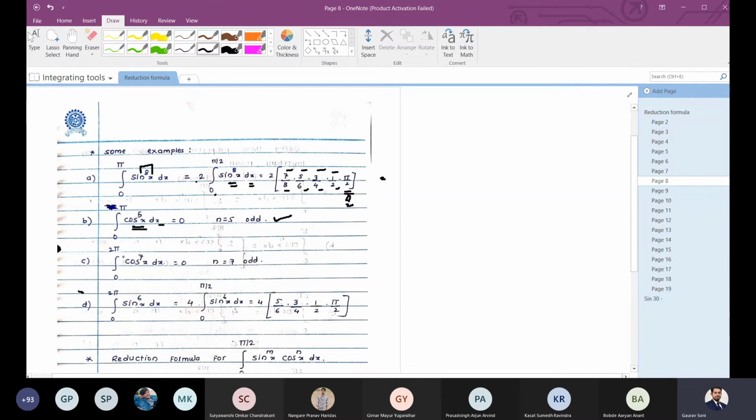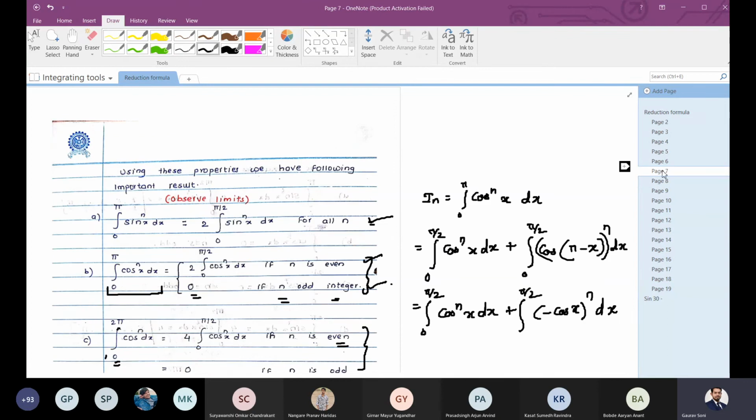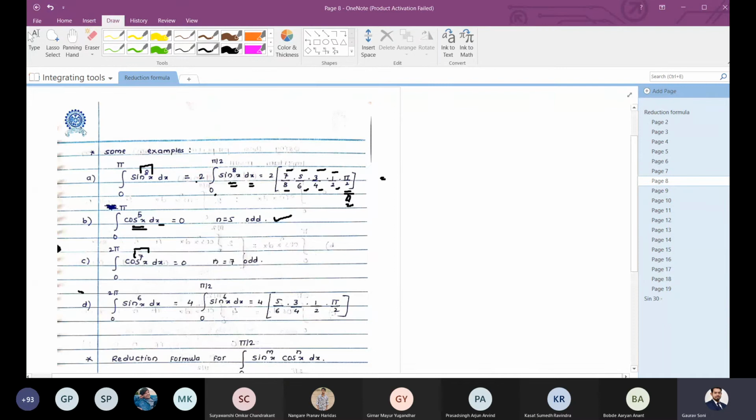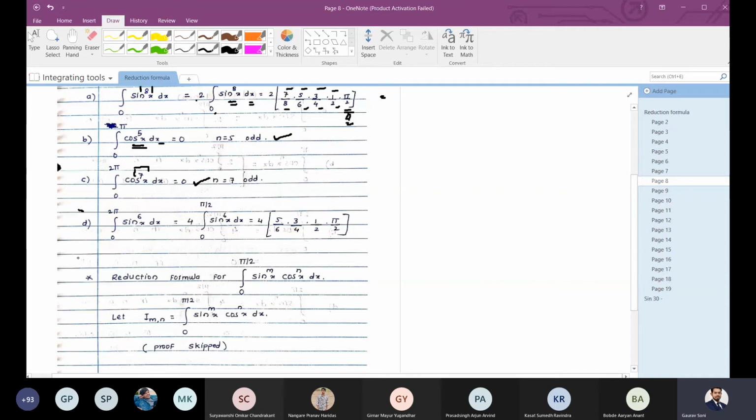Cos raised to 7, 0 to 2 pi. So I'll go to the property again. So 0 to 2 pi cos raised to n, the answer is 0 if n is odd. So even for 0 to 2 pi, n is odd, the answer is 0. The next example,